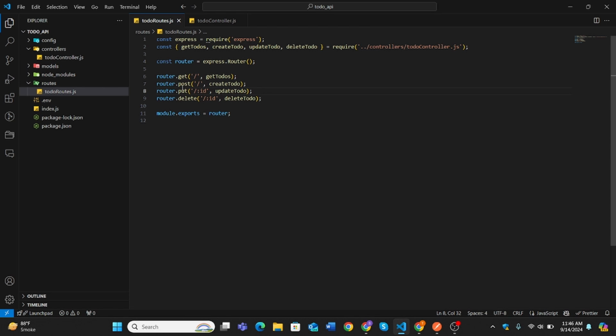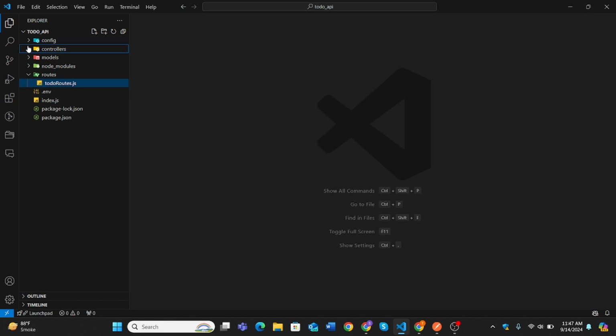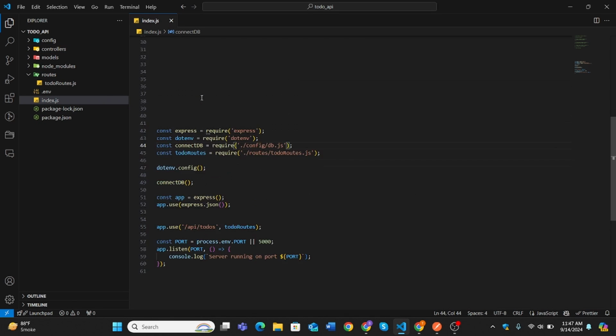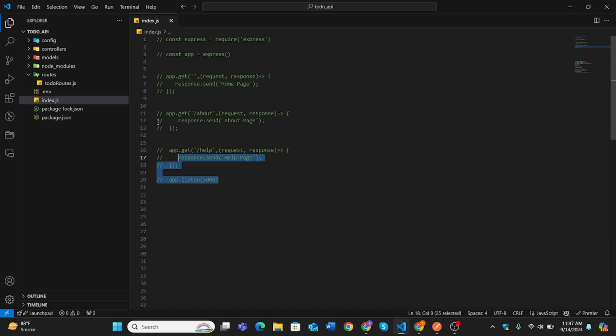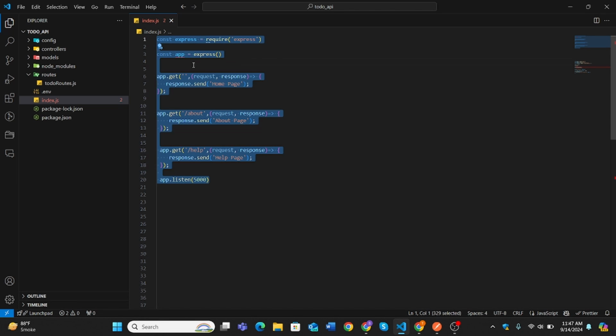Okay, and here I have passed updateTodo, and for delete I have passed an id and the todo function, and I have also exported this router as well. So this is for the todo routes. Now our main file, that is the index.js file. Okay, now this was the previous code, and we don't need